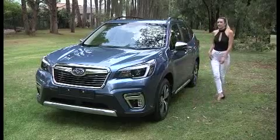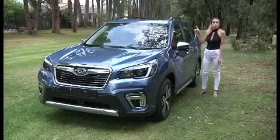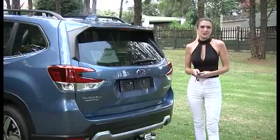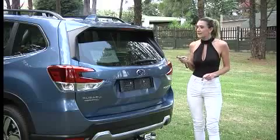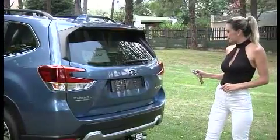Another great thing for us ladies that like to pack extra, there's more than enough boot space, but just in case there's not, there's raised roof rails too. That gives you a little bit more packing space when needed. Another great addition to the 2021 style of the Forester is the rear boot spoiler and the C-shaped taillights. And while we're speaking about space with the top rails, we've got an automatic tailgate,